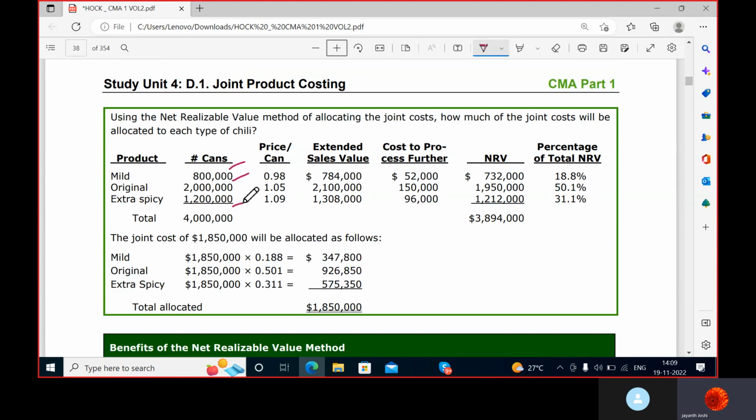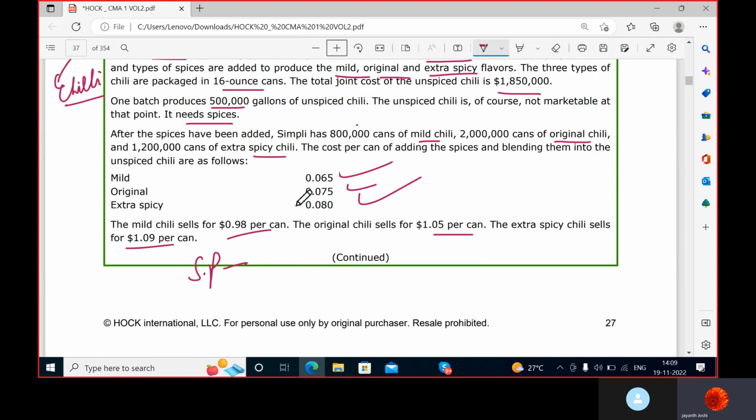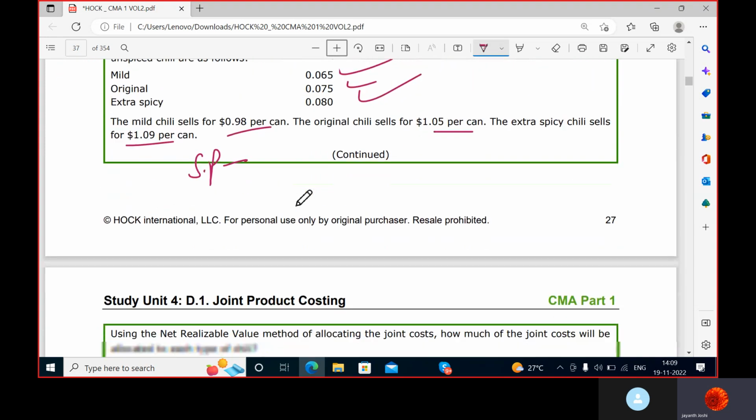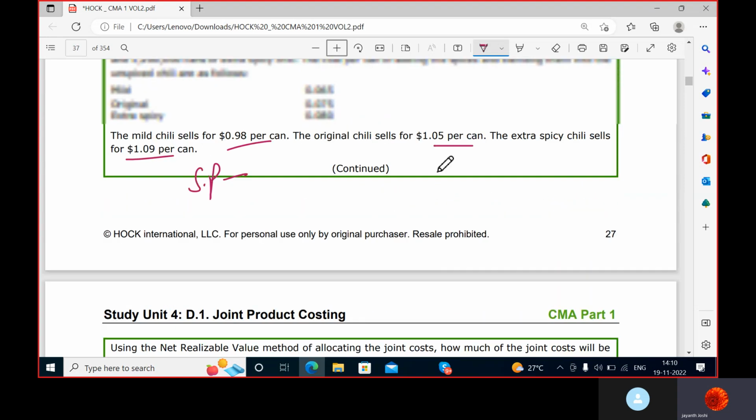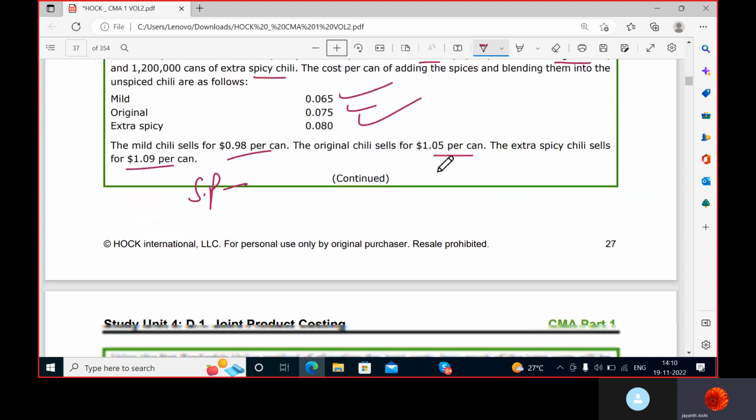You have these many cans of each. Price per can is given. As we can see, the price is 0.98, 1.05, 1.09. When you multiply, you get the expected sales value, and the cost is also like this, you can multiply 0.065 into